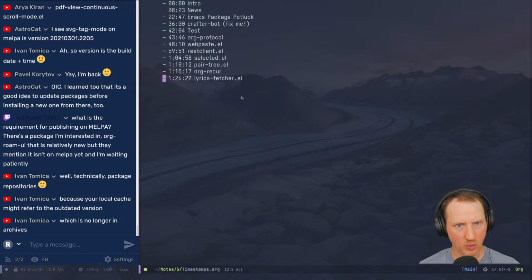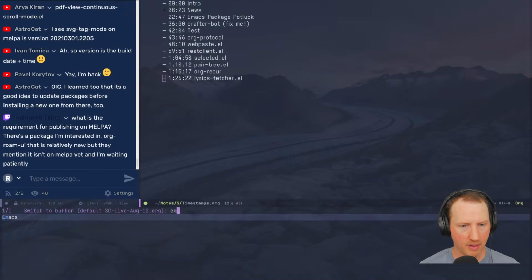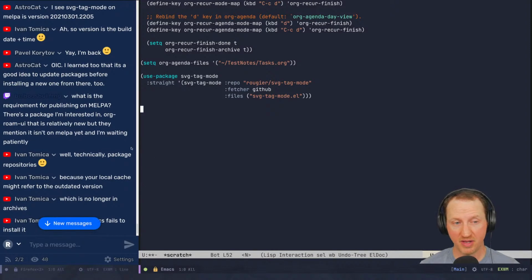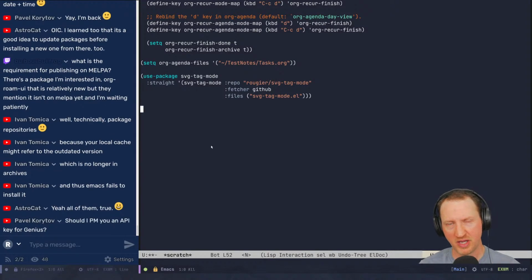Bulbous Bullfrog says, what is the requirement for publishing on Melpa? They have some information on their GitHub repository about that. There's a couple of different requirements for publishing on Melpa. It's not anything that big, but there's a few things you need to make sure you do in your Emacs Lisp code. Oh, you need an API key. Oh boy.